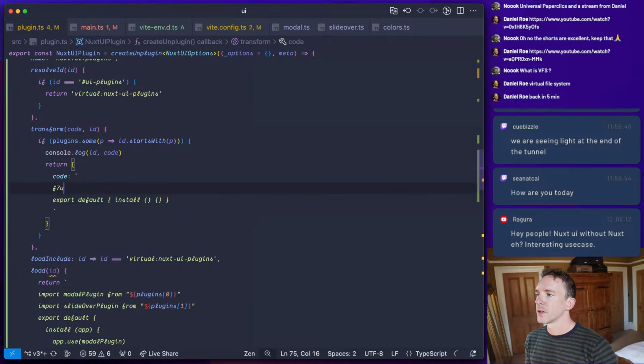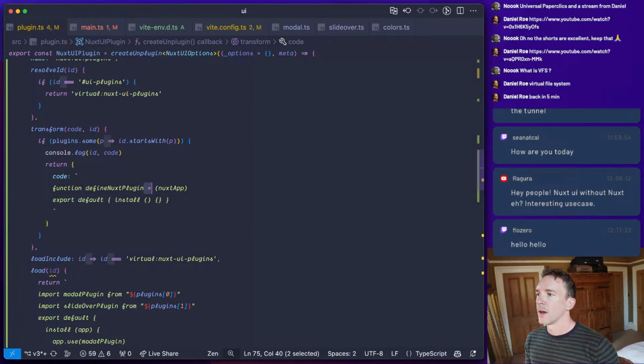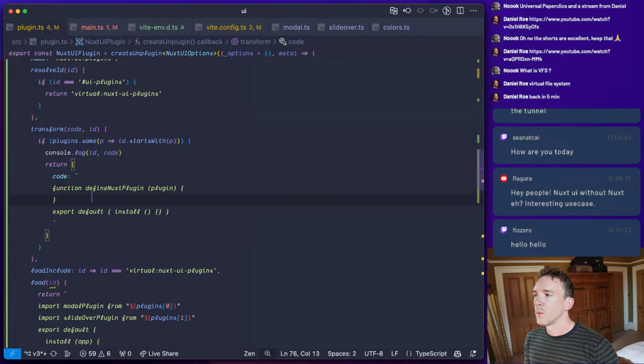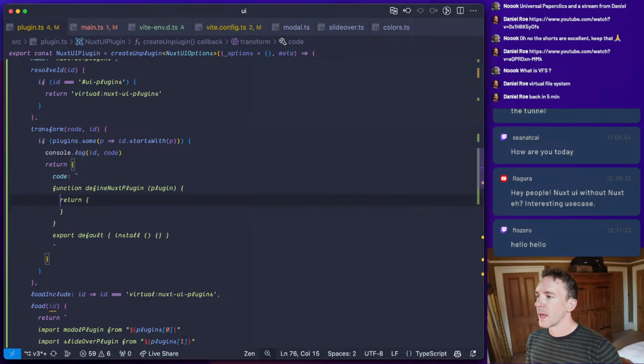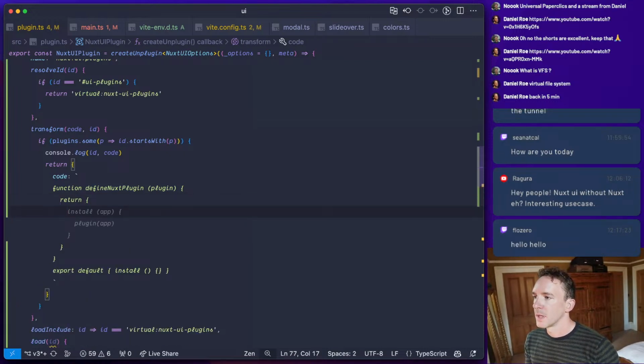So function define nuxt plugin, and it receives a plugin, and we are basically going to return a Vue plugin from this. So we're going to return an install, and what we're going to do is pass in Vue app like that.